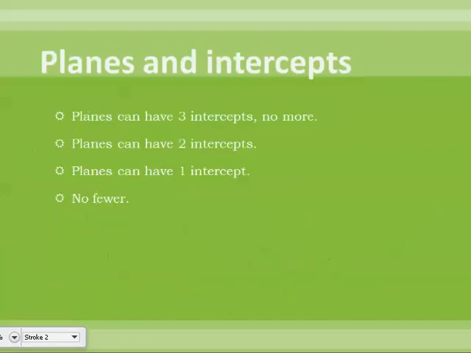Okay. Now, planes intersect the axes no more than 3 times. They can do it 3 times, but they cannot do it more than 3 times. They can have 2 intercepts, or they could have 1 intercept, but they can never have any fewer than that. They have to have at least 1 and no more than 3. At least 1, no more than 3. That's an important point. If you think about the axes,